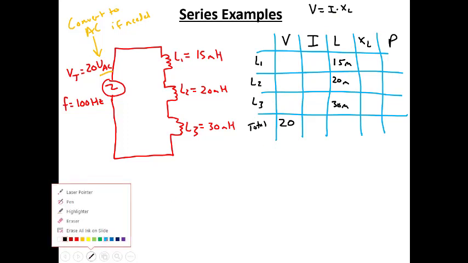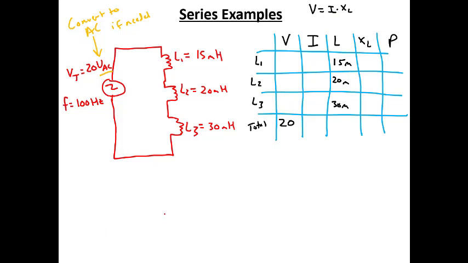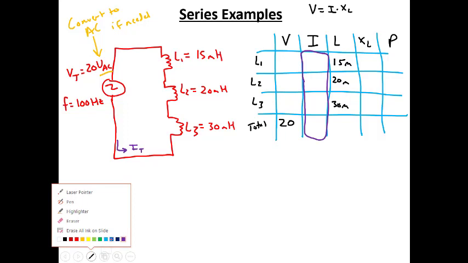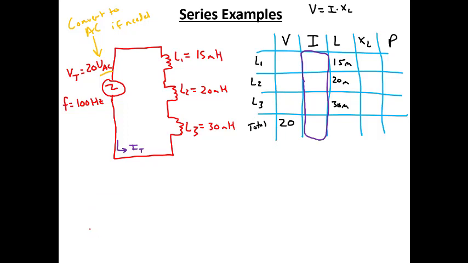So we got to make sure that we convert everything to inductive reactance. Now for this problem, this is a series circuit. So series circuits still act the same way, which is the current is the same. So this would be I total, and that's going to be the same in the whole problem. All right, so let's start off with, do these in green maybe. All right, so the first thing that we're going to do is we're going to find X sub L1,